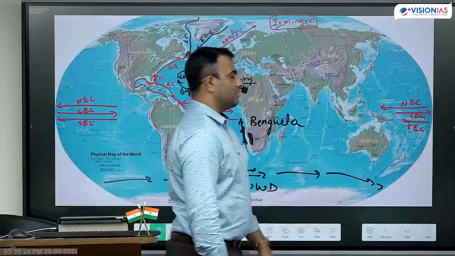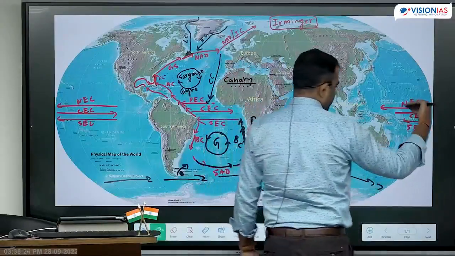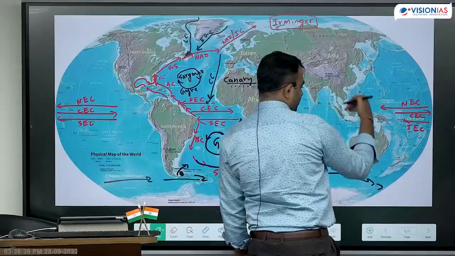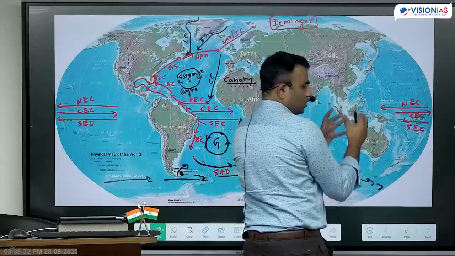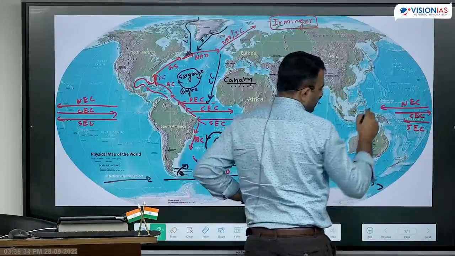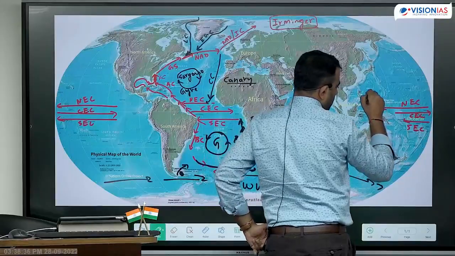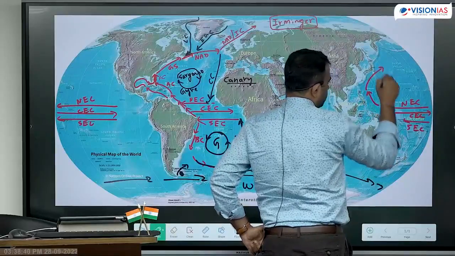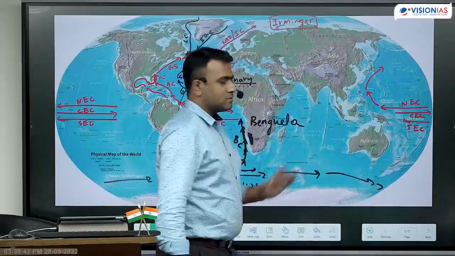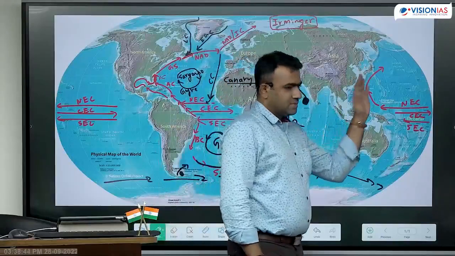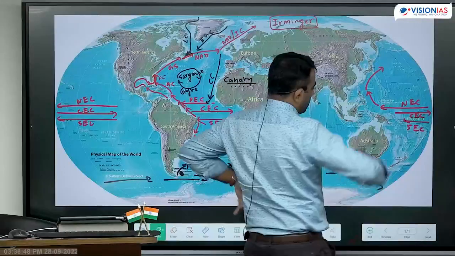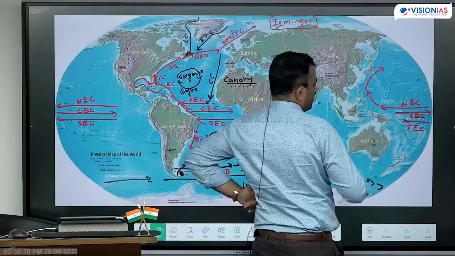Okay, follow this north equatorial current. North equatorial current is coming here and here it is hitting a huge archipelago, Philippines archipelago, Indonesian archipelago. This is a huge landmass. This entire landmass will divert this water and this water flows along the coast of Philippines as well as along the coast of Japan, because it's a huge landmass rising from the oceanic floor, right? So it will divert it. So along the coast of Philippines and along the coast of Japan, it is called as